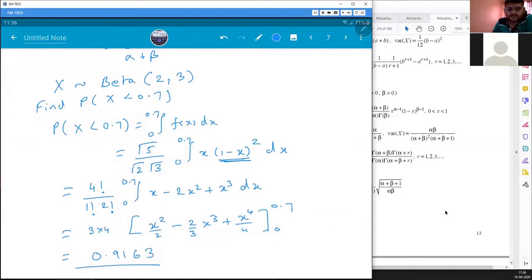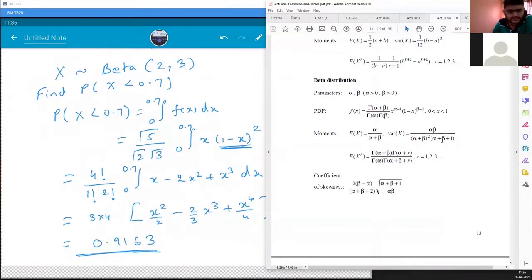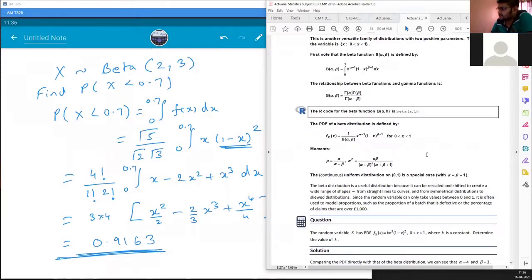So these are small questions that we might get for beta distribution, or they might ask you to use the expected value and variances. We'll see small questions of beta distribution later on. This is how we'll find probabilities of beta distribution. Today we'll end our class here. I'll give you a few homework problems from our book.